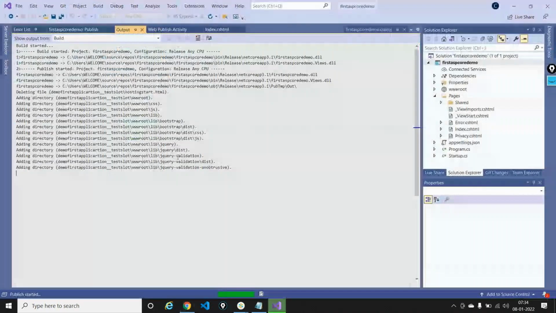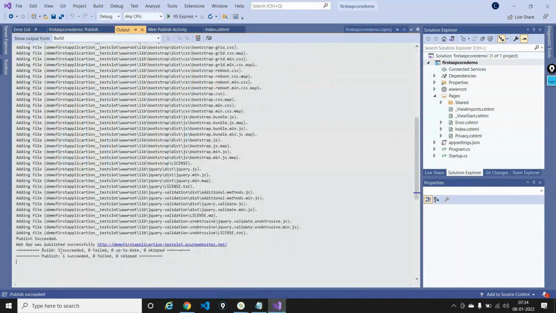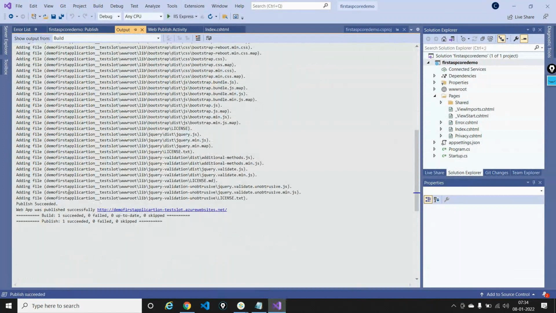So let's go back into our Visual Studio. This will take a minute or so. So let's allow this a minute and let's go ahead and release our code into the testing slot out here. So finally it says that the publish succeeded, and it says, okay, fine, I'll restart the application. So let's allow it a minute to restart the application and let's understand this a bit technically.